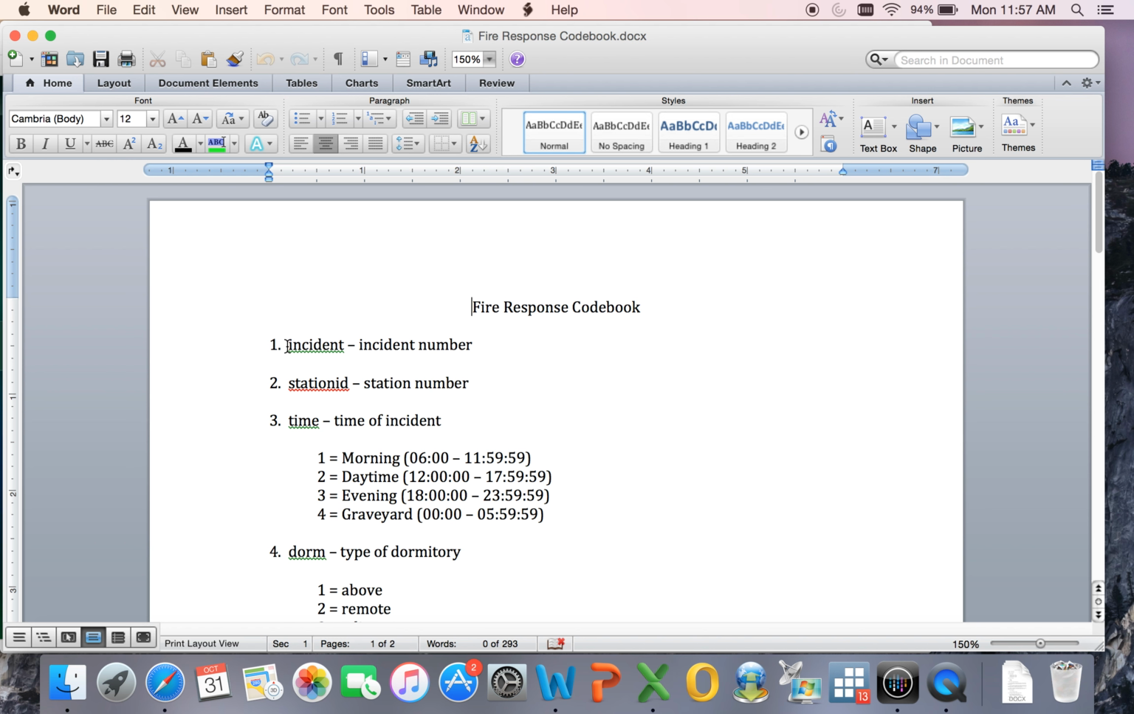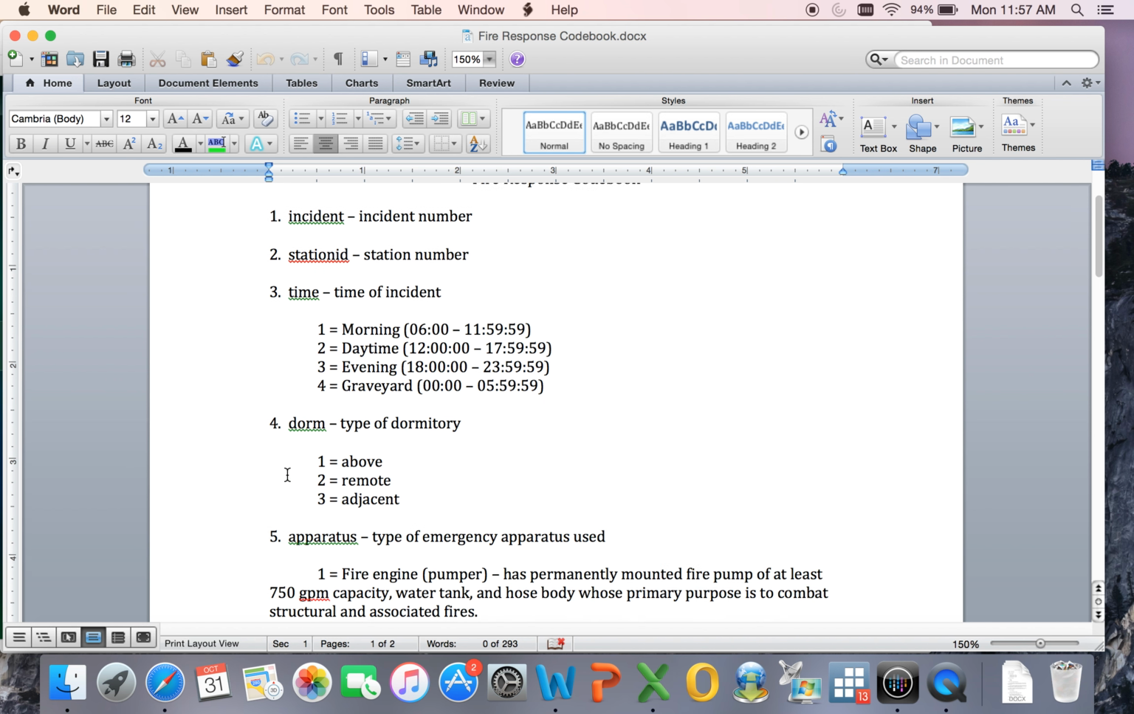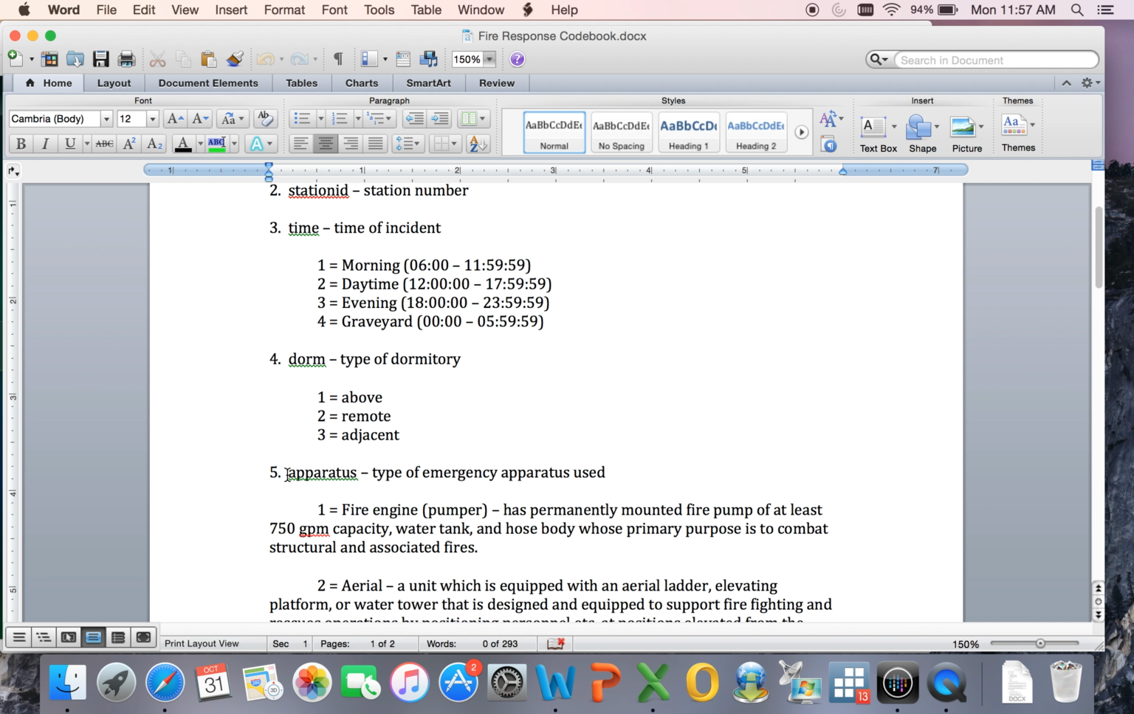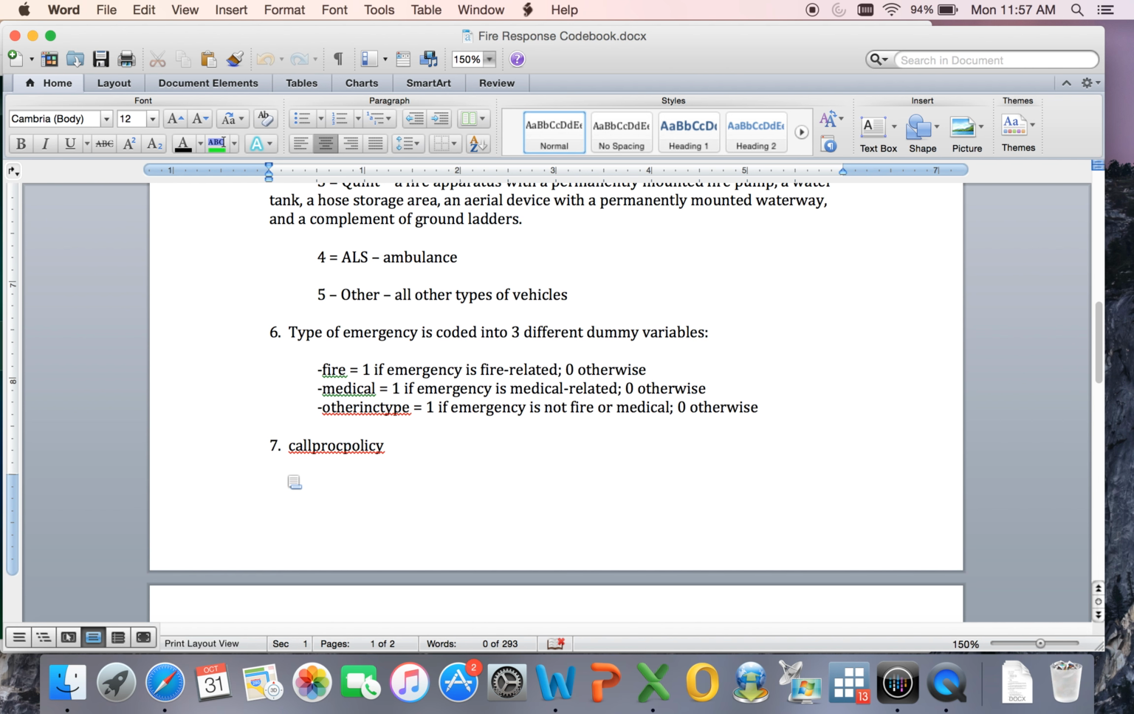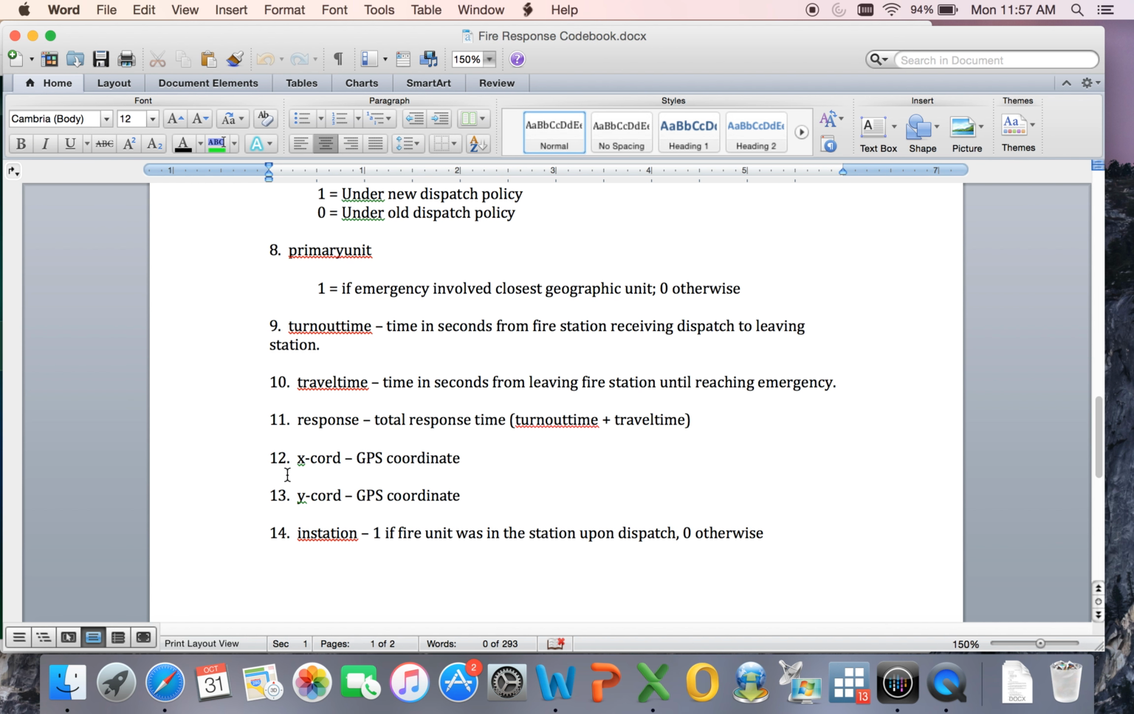screenshots. You'll see that we go from the incident, which is the particular emergency, which station responded. The time of the incident is coded by morning, daytime, evening, or graveyard. Everything from the type of emergency apparatus used that responded to the emergency. And what we're really interested in is the variable response time, total response time, how long it took the fire personnel from the time that they received the emergency dispatch from the 911 operators until the time that they arrived